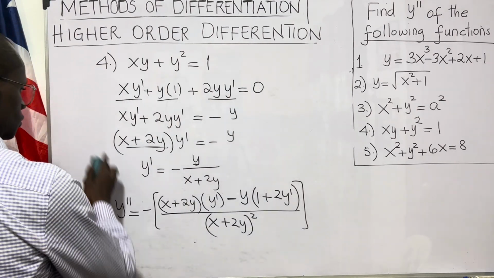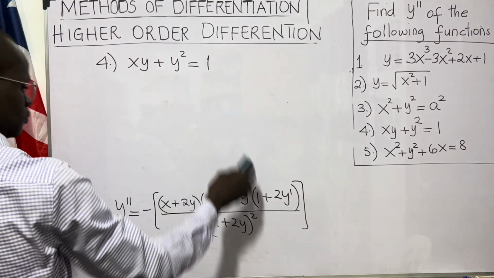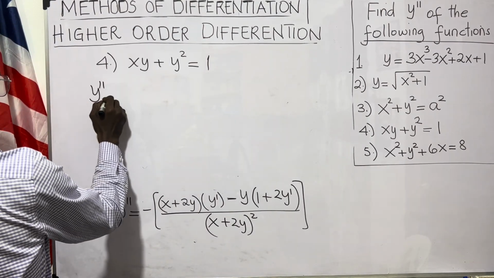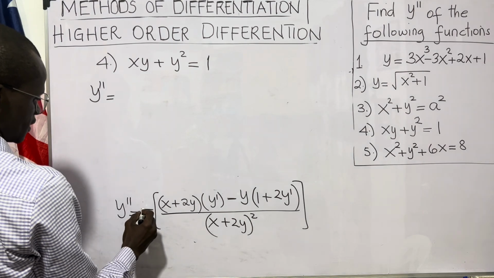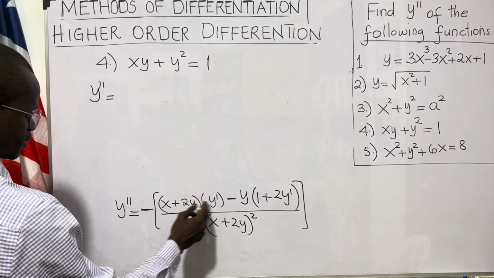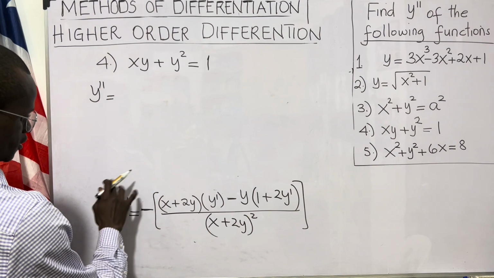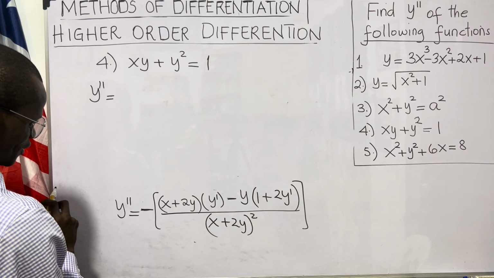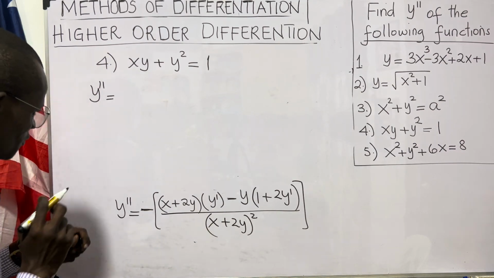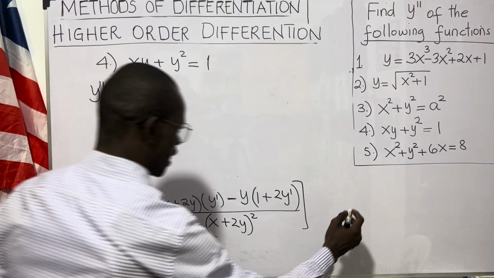So we can now simplify. We multiply, so y double prime equals, if we multiply this negative by this one, but first remember you have to bring in y prime. What was y prime? We forgot. We held this one, we differentiated y, we got y prime, so we erased the problem. We did not see what y prime was. So y prime was